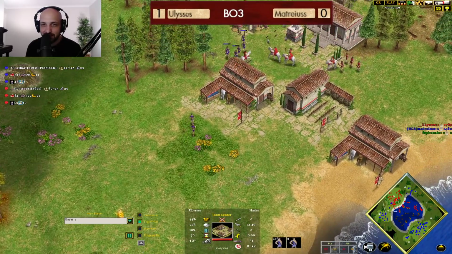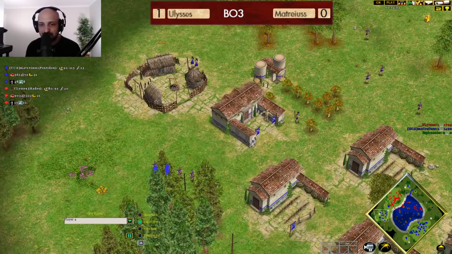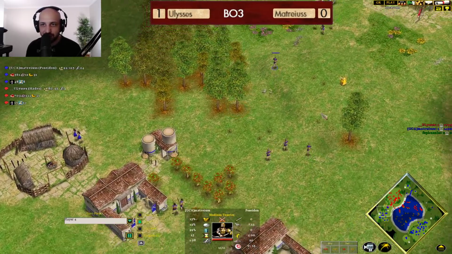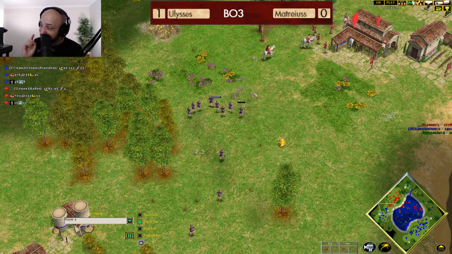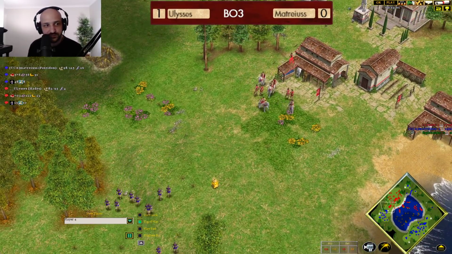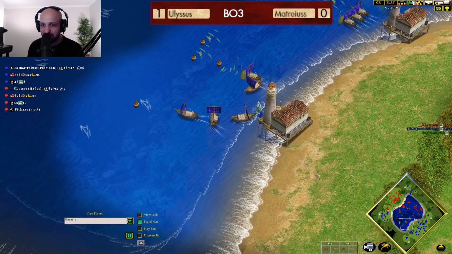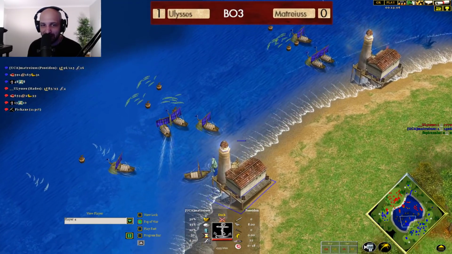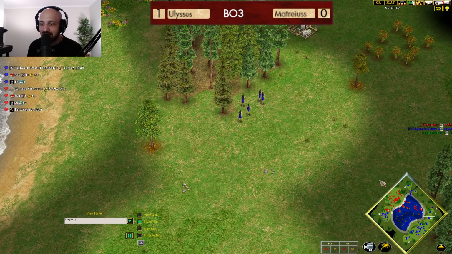Not enough anything. We've got some units finally coming out for Ulysses, but is it too little, too late, as there's just so many units over here for Matreiuss. He's even getting himself out some hoplites as Poseidon. Very smart to do that. And we'll see how this game is going to progress here. The fishing ships popping back out as well for Matreiuss, so he's still got that advantage on the water, even